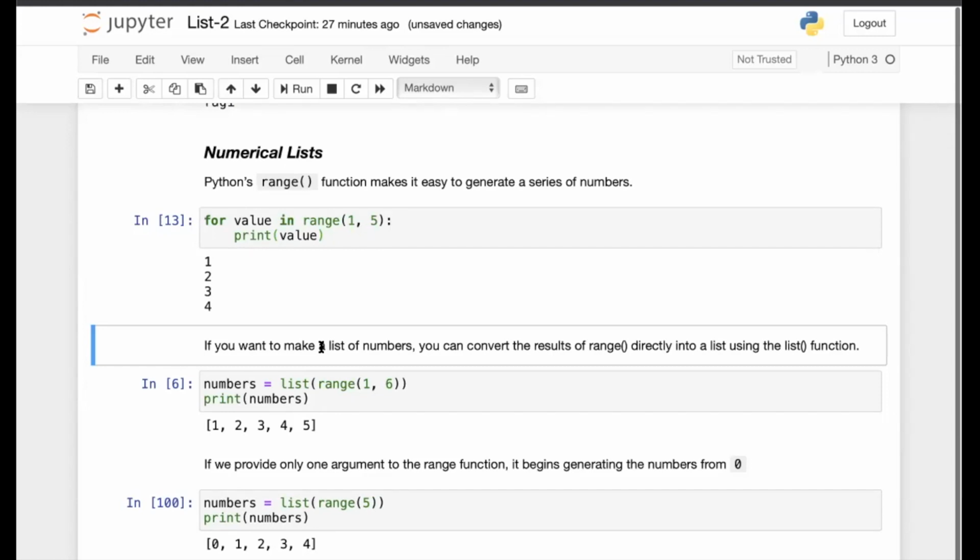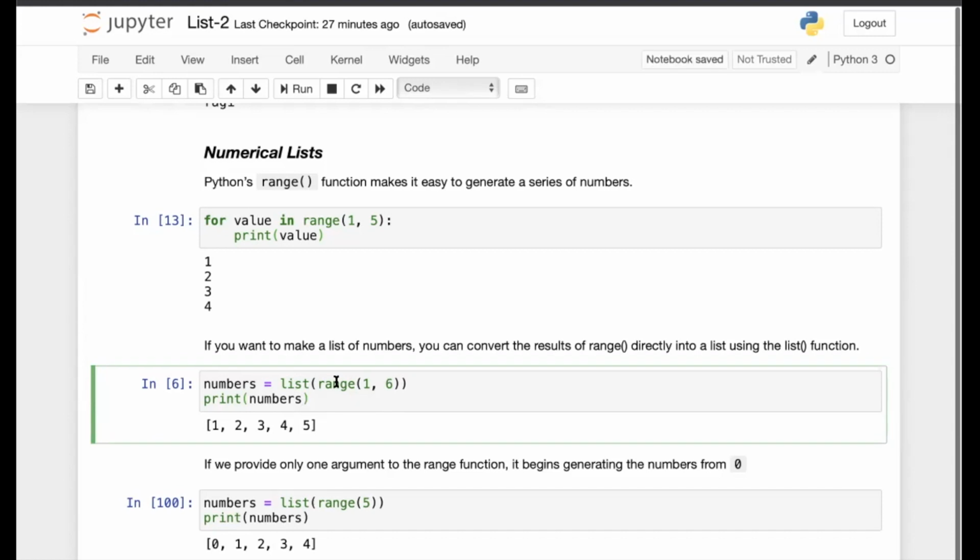Here I am passing this range as an argument. So all the items that the range would generate would now be the members of this list. You can just create a list out of the numbers that range actually returns.